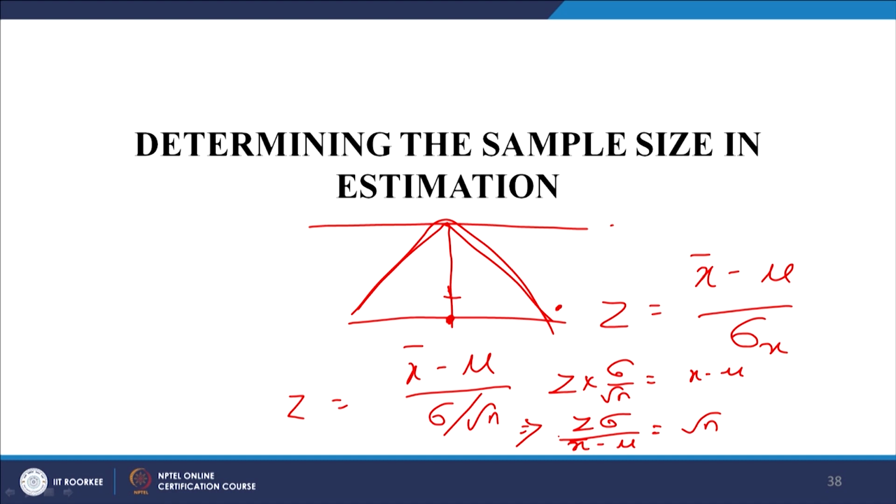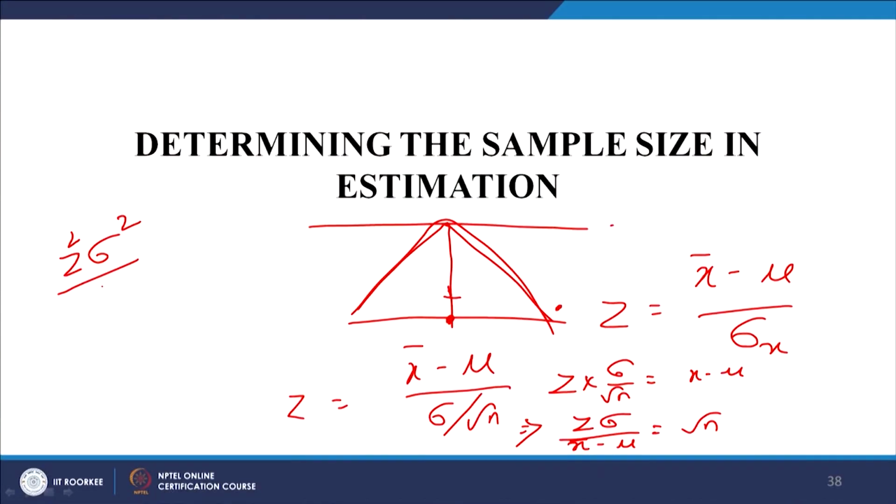So, if you just do it, x bar minus mu is nothing but the precision. So, Z squared sigma squared, right, divided by (x bar minus mu) squared. Mu is your population mean, x bar is the sample mean. So, this difference is nothing but a precision. Precision can be denoted as P, maybe, let us say P, or sometimes in books you will see it as D. So, this is nothing but the difference between the population and the sample mean, squared, is equal to n, that is all.